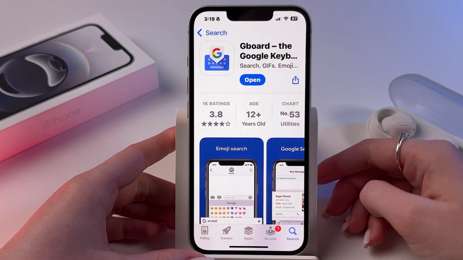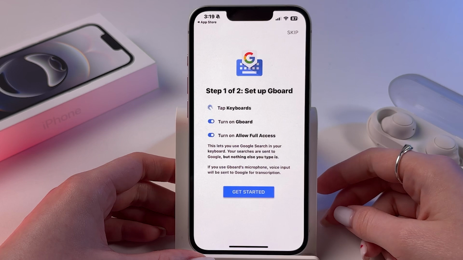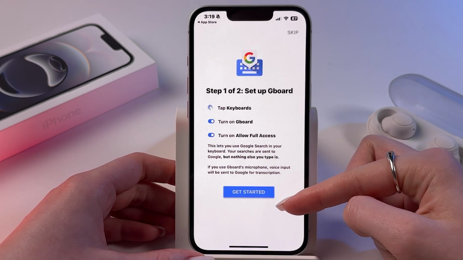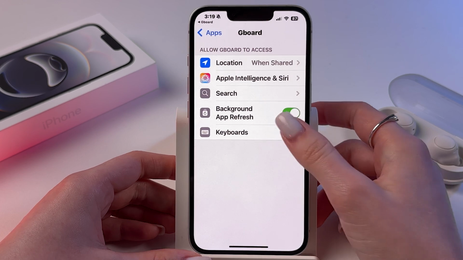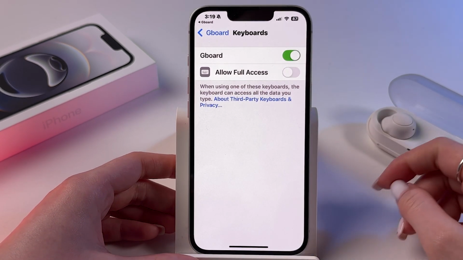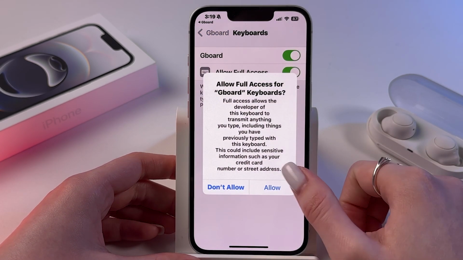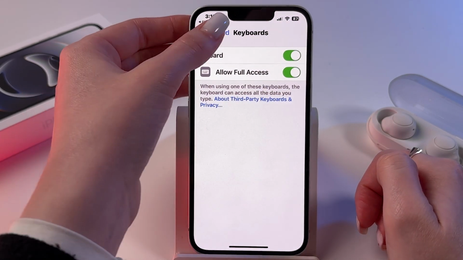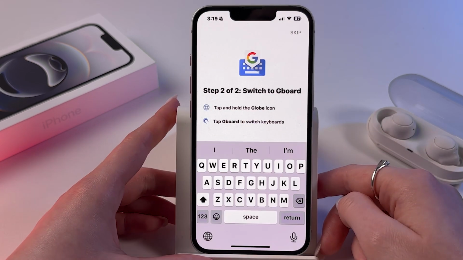And yep, right now we can immediately open it, click Get Started, and we need to set it up. So let's click Get Started. We need to find our keyboard and enable Gboard by clicking on the switcher and also click to allow full access. Here, click Allow, go back in this app,